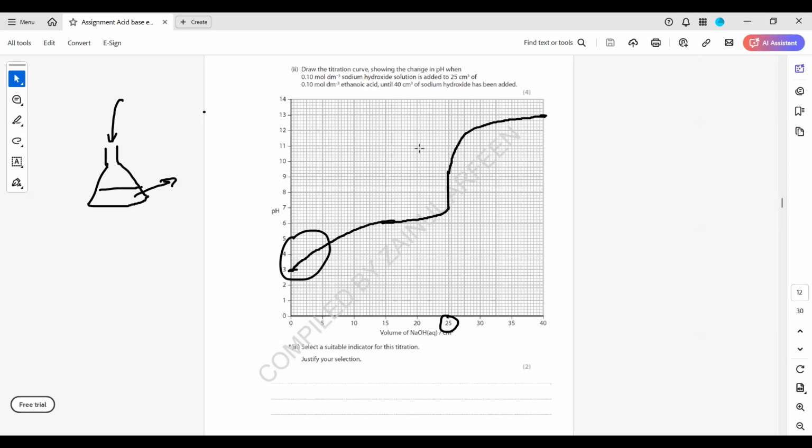Is it clear, the plotting of this graph, how we sketched? Yes, sir. Okay. Then the next part is